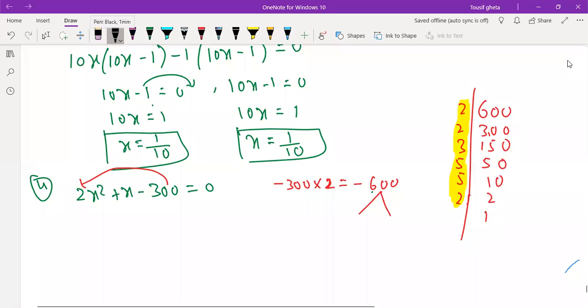So I need the answer such that if I add it, I need 1. So we should be very close. Correct? So here, if I try 3 twos are 6, 12. This will get 50. So no chance. 12 and 50 are very far. There is no chance of a difference of 1. So we will think of another.